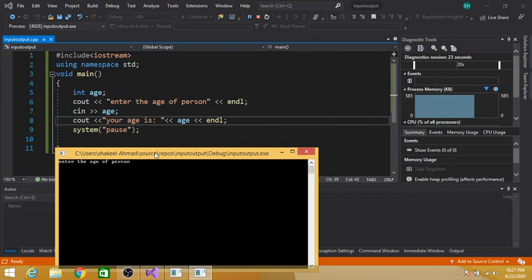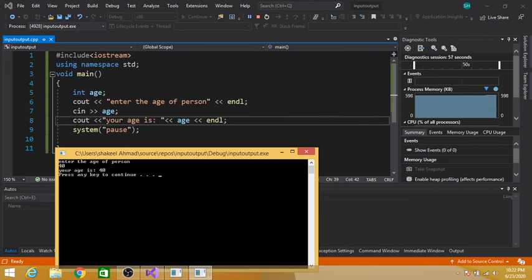So we are telling the user that he should enter the age of the person, and then in the next line we are getting the age from the keyboard. Cin is used to get the input from the keyboard. For example, I entered 40, and when I press the enter key of the keyboard, this value will be assigned to this age variable, and age will contain the value 40.